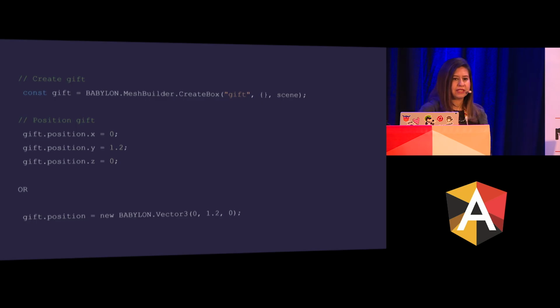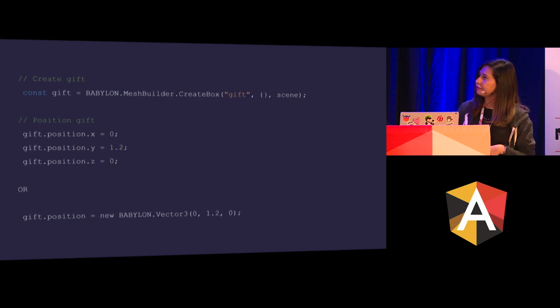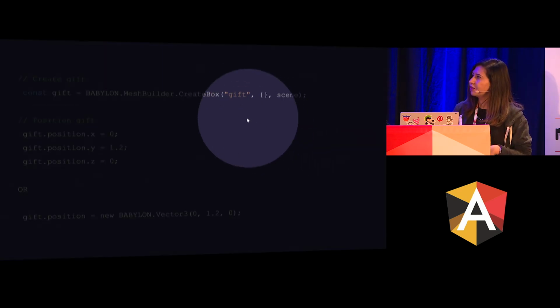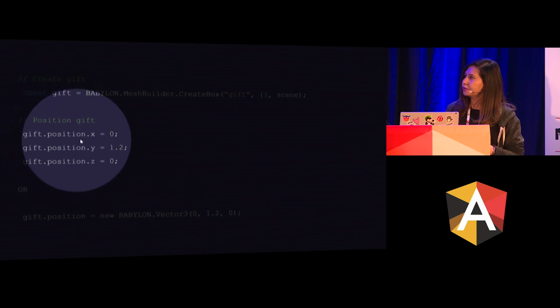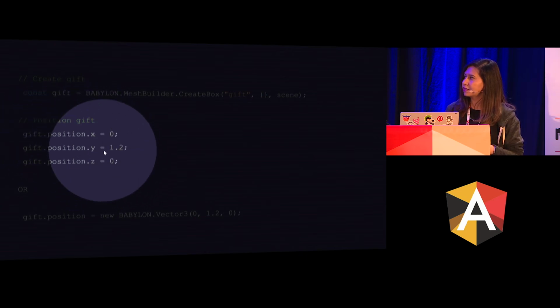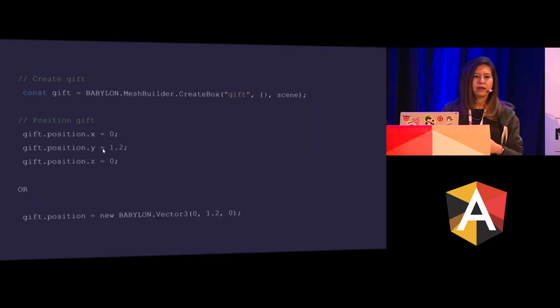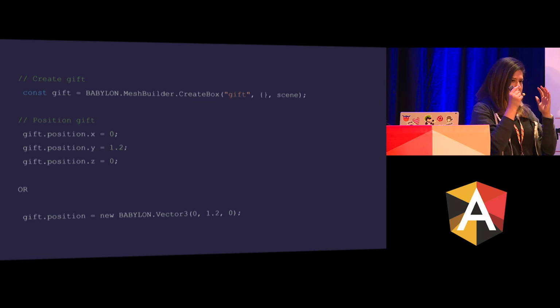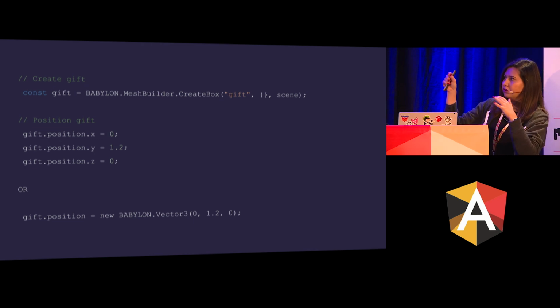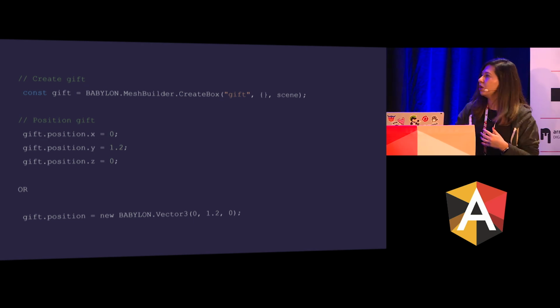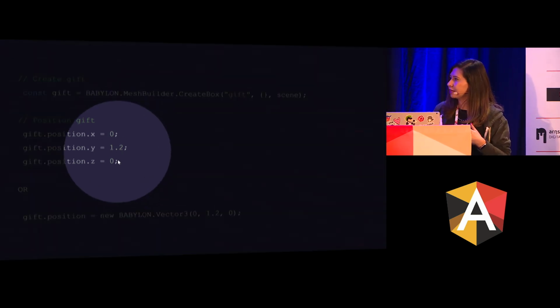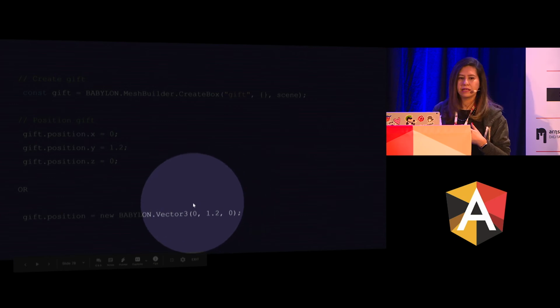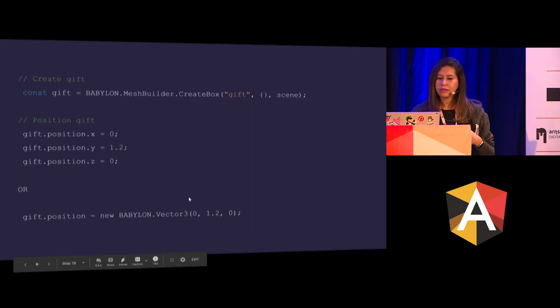In our case, once we created our GIF, we could just say the GIF's position X, Y, Z, and then pass the object. And once you are using the position and the user changes it, you can go and change only one of them, or you can again use the Vector3 and pass the options that you want.